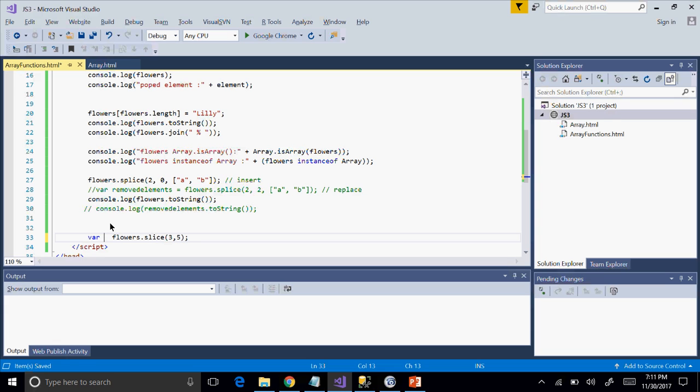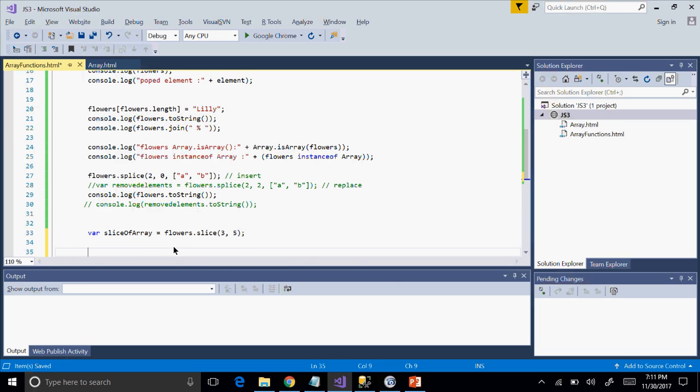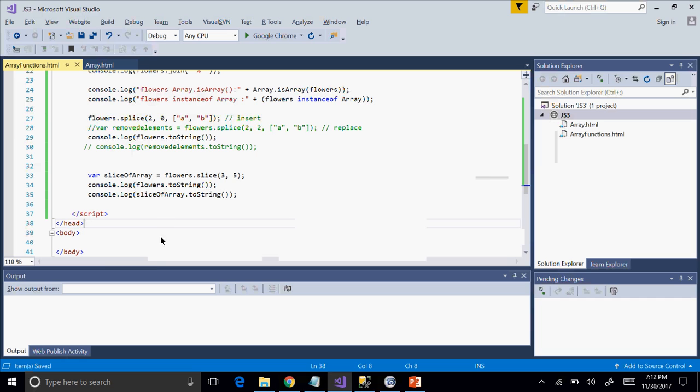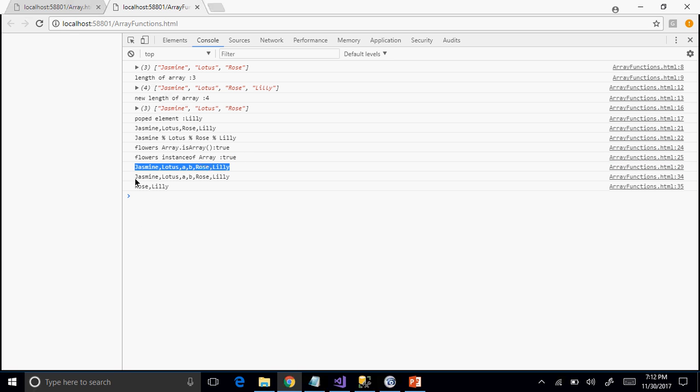And let us print this also, slice of array. So slice of array, and after that I want to print both of them, flowers as well as slice of array. So how to print them? I'm just taking this one and this one, slice of array. Let us see what happens. See, you can notice that with splice the array has changed, whereas with slice it's not going to change the array, it's going to create a new array. So this doesn't change it. After slice we have the same thing, whereas it has created a new thing called new array,